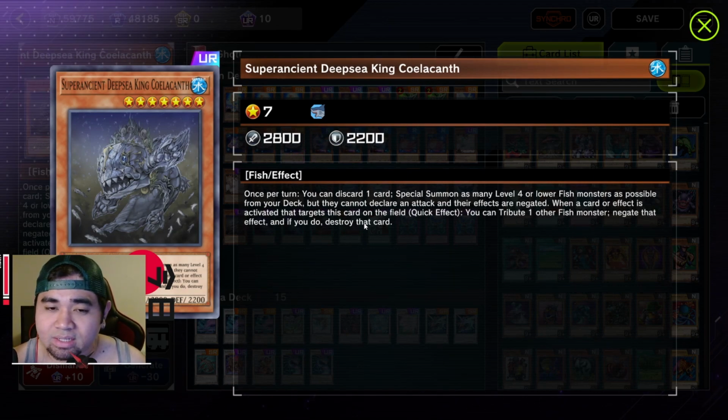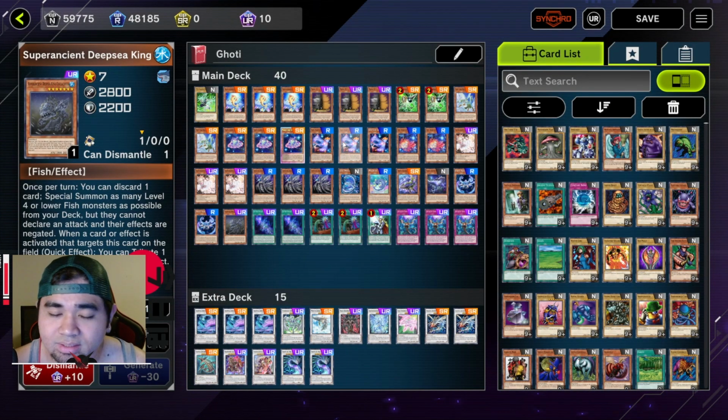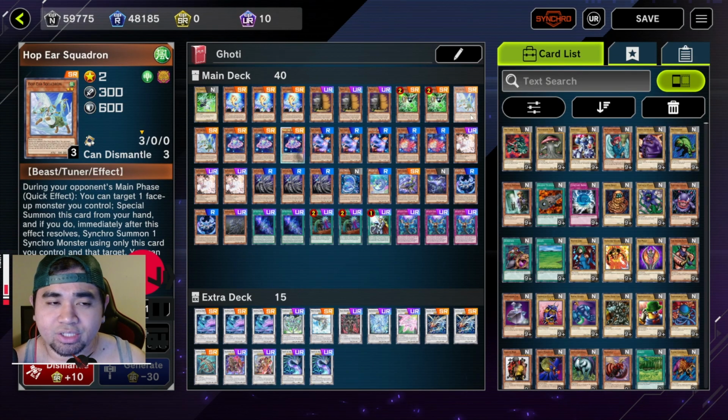So once this card is on the field, you can discard 1 card, special summon as many level 4 or lower fish monsters as possible from the deck. So it's easy enough to actually summon more of your monsters to the field. So that's really good. The additional non-fish monster that you'll have is the Hop Your Squadron that you can use